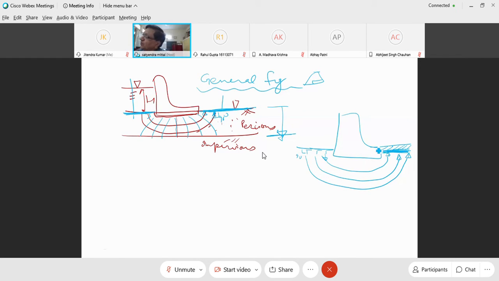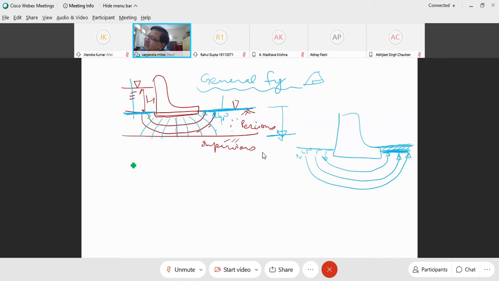The weight of this ballast or these stones counterbalances the uplift pressure, because there is uplift pressure here. So if you provide a sort of gravity weight here, there will not be any uplift. This is one thing. The second thing, to nullify the effect of the uplift pressure, what we can also do